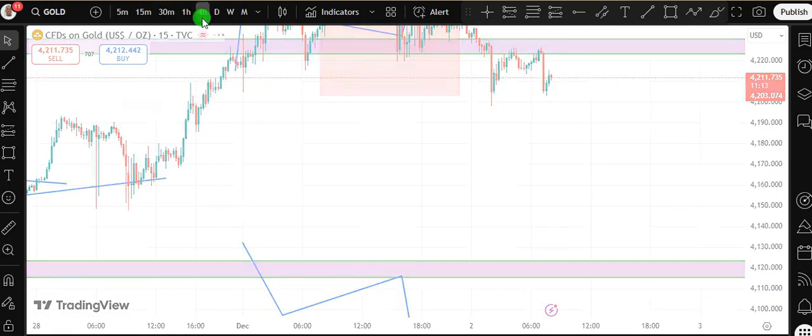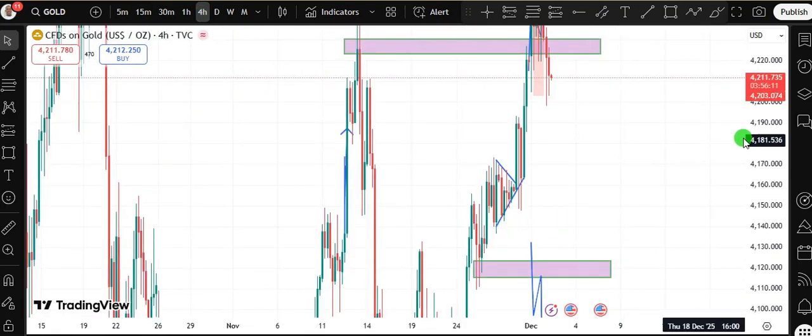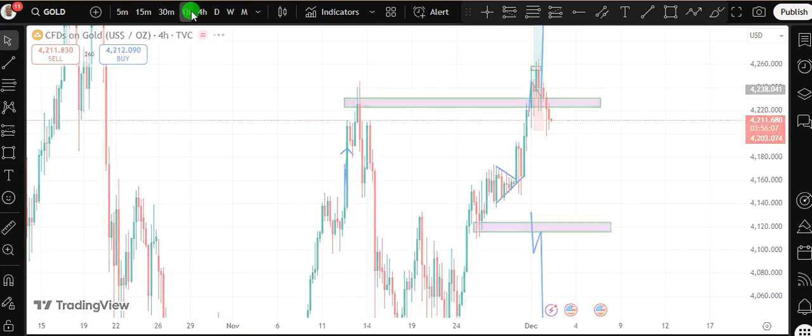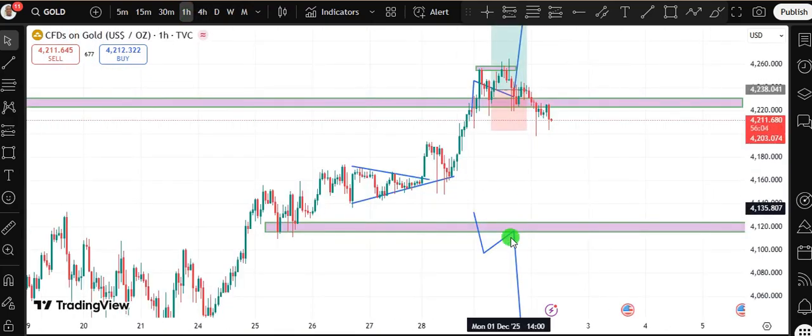The only time I'm thinking of shorting gold is if the market breaks below this recent low right here. Let me look for the recent low. Okay, I think this is the recent low. So if the market breaks below this low, then I can think of shorting gold. Otherwise, I'm still full-time bullish on gold. So for now, I'm not looking for any short trade. I'm looking for long trades, for the market to break above this once again. Then I can think of putting my stop loss below the next rejection. That's it. That's going to be all for today's analysis.